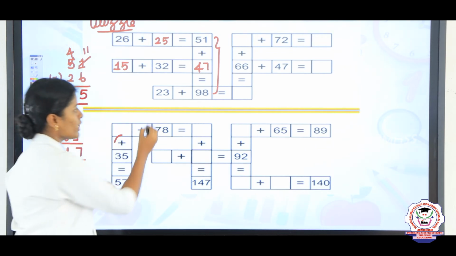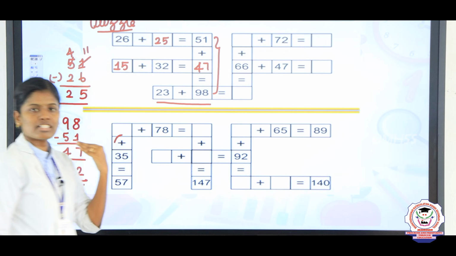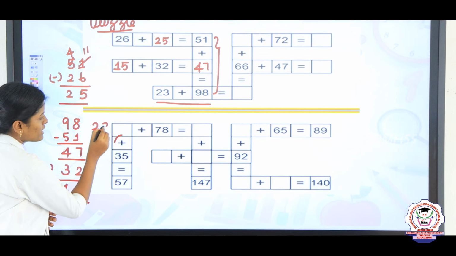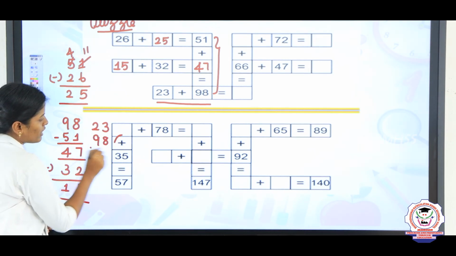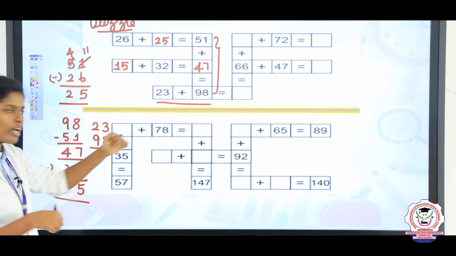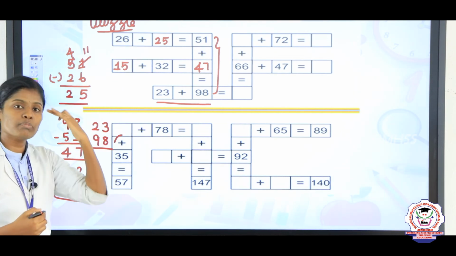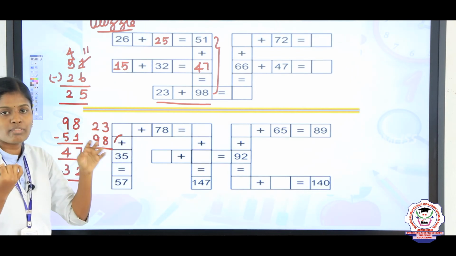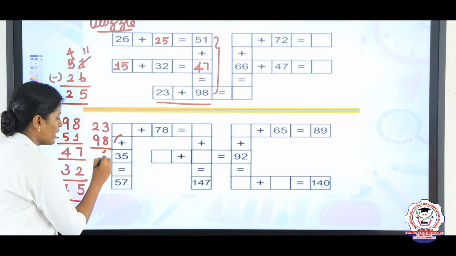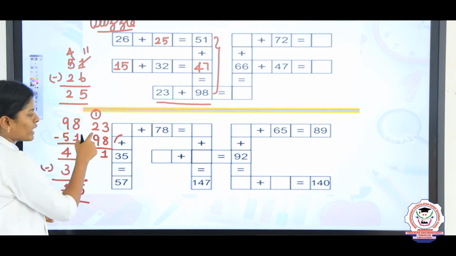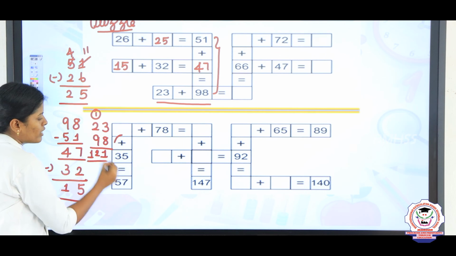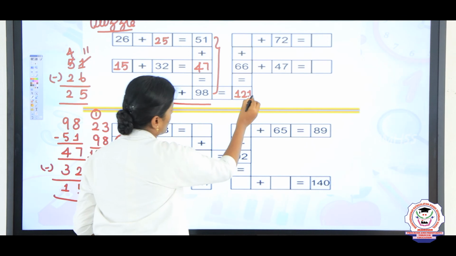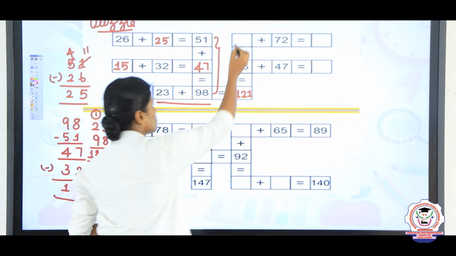Next listen here, 23 plus 98. What is the answer? Take the ones place value. Here the ones place values are 3 ones and 8 ones. So keep 3 in the mind, 8 on the fingers. So 3, after that 4, 5, 6, 7, 8, 9, 10, 11. 1, carry 1. 9 plus 1, 10. 10 plus 2, 12. So the answer is 121.